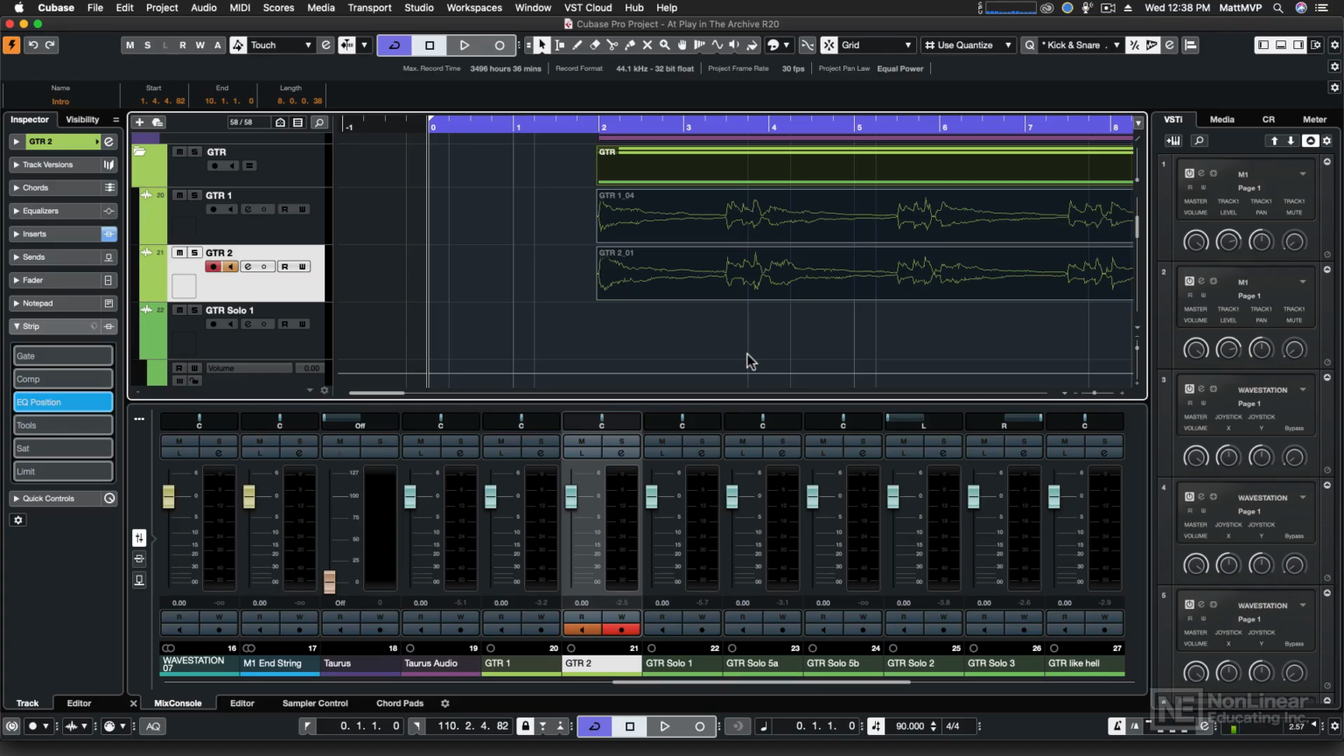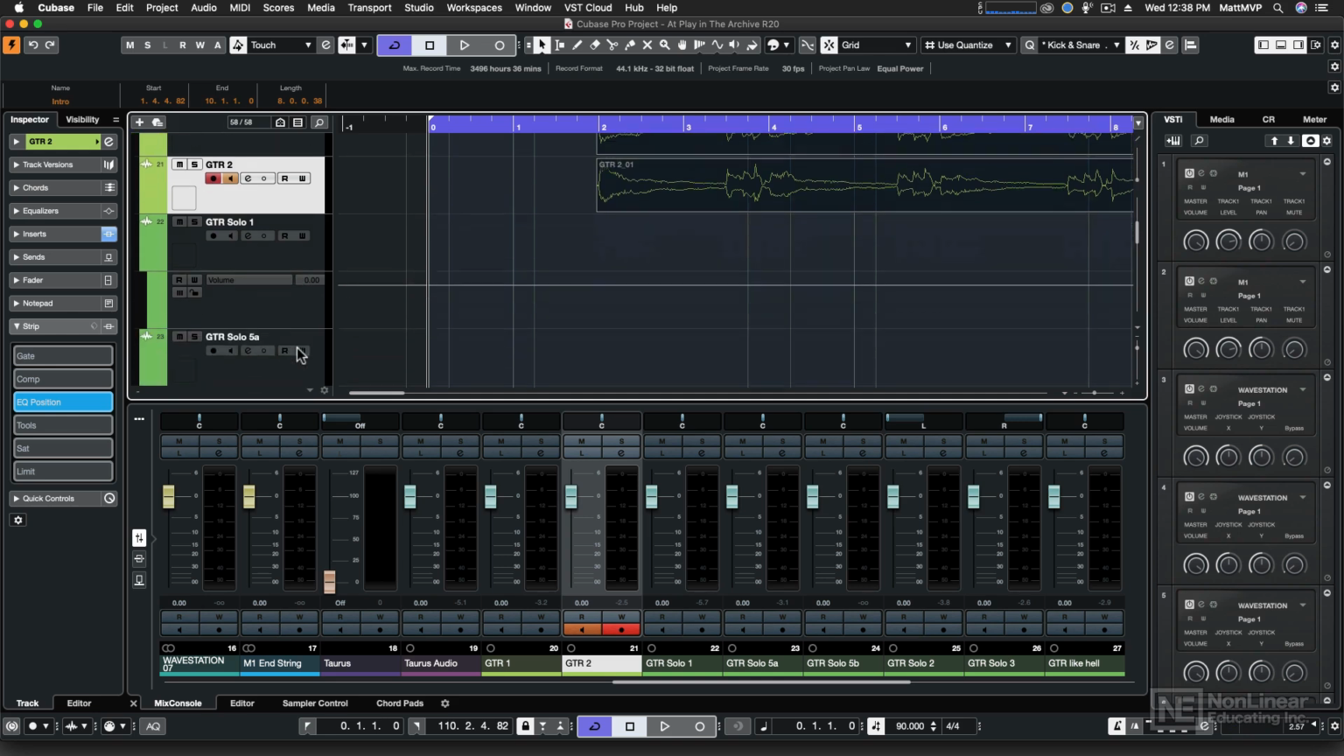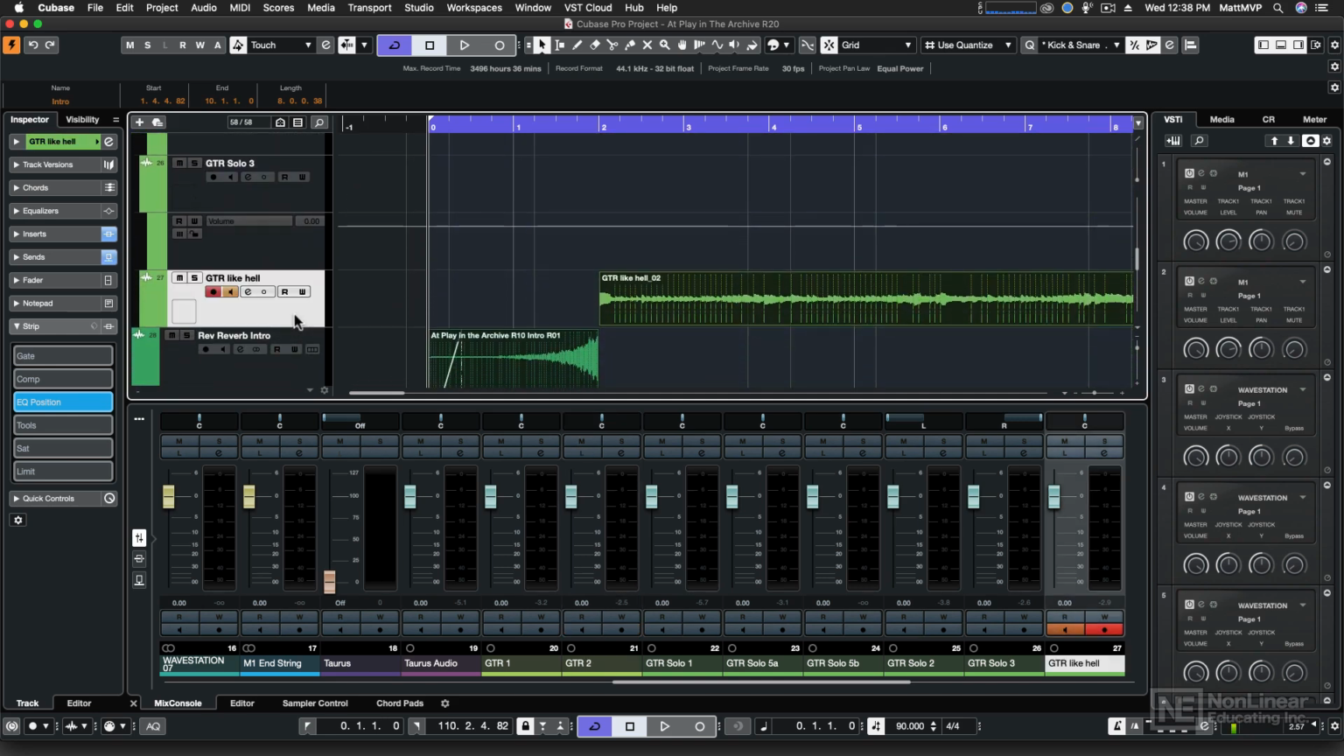Sometimes you'll want to automate the parameters of an effect, and this is especially true on spatial or time-based effects. To illustrate that, I'm going to go to this guitar track, and I've got a delay on it already, but I want to add some motion to it, and I want to do that with a rotary speaker effect,